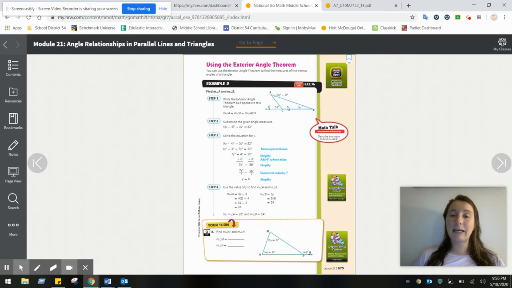Now I can find the missing angle C because I know that the triangle sum theorem says that I can add all 3 angles to get 180. So if I add 28 and 24, I can find my missing angle C. So 28 plus 24 equals 52. If I take that away from 180, I'm left with 128 for angle C, which makes sense because it is an obtuse angle, right? And it has to be greater than this exterior angle because together they make supplementary 180